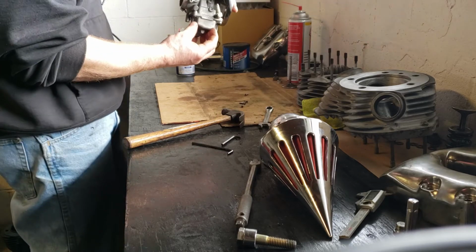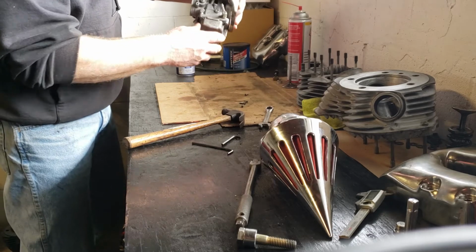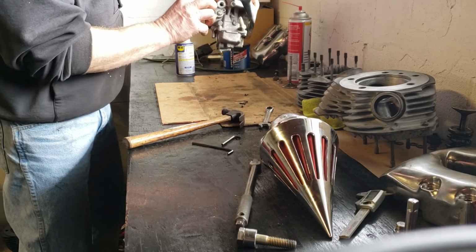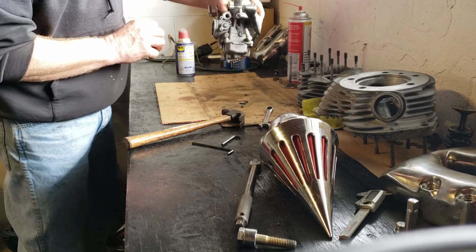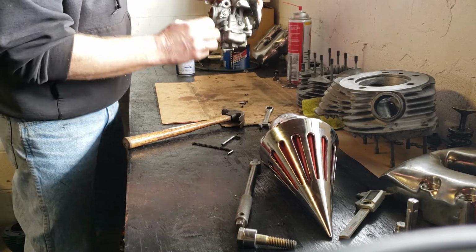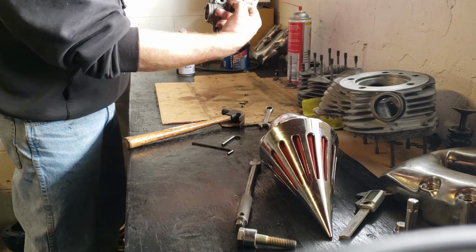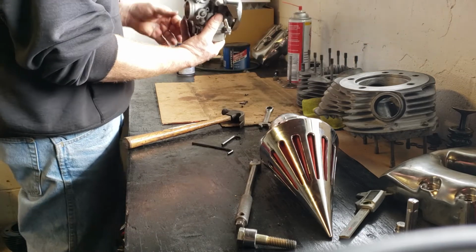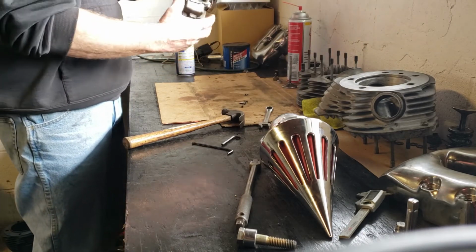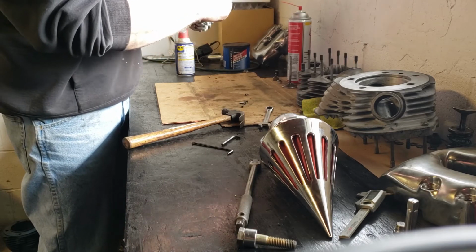Sorry if you can't see here with the camera. I just got it propped up over there. But basically, the vacuum from the engine, or the intake, or the suction, or whatever you want to call it, actually just sucks gas from this bowl up into the carburetor, into the engine with the air, and that's how it works. So a carburetor doesn't do anything except, like I was telling you, mechanically, when you turn this throttle,